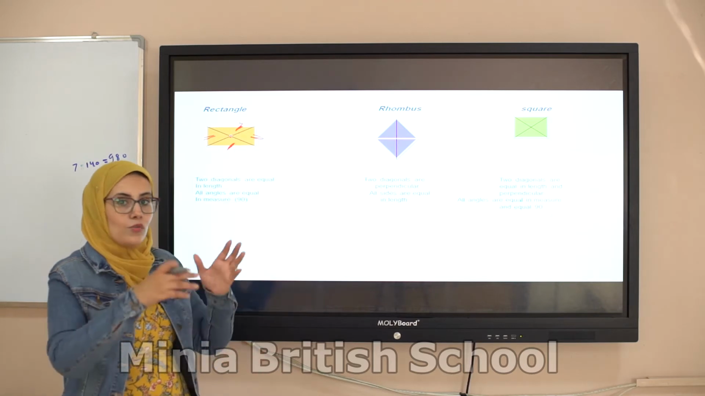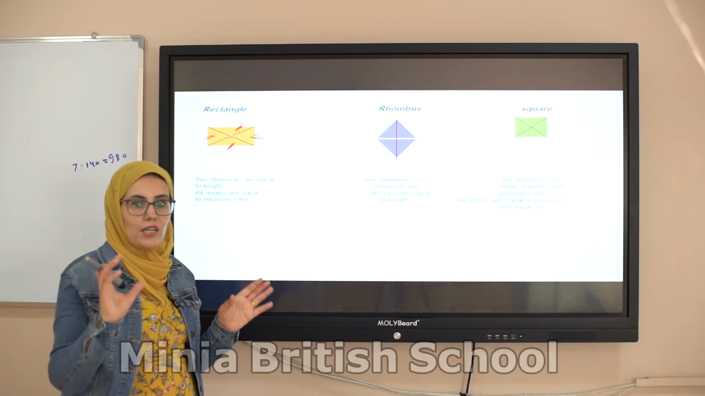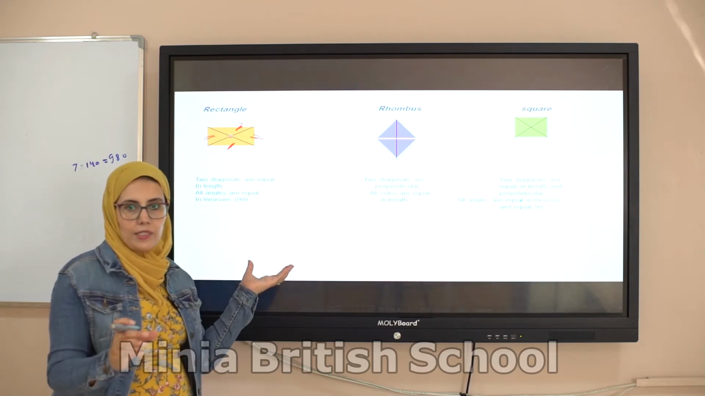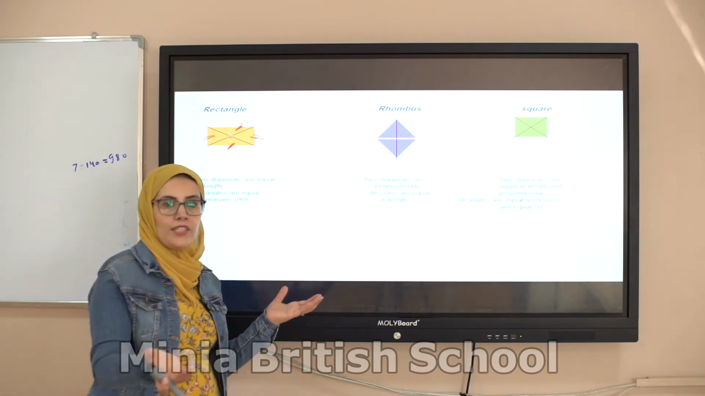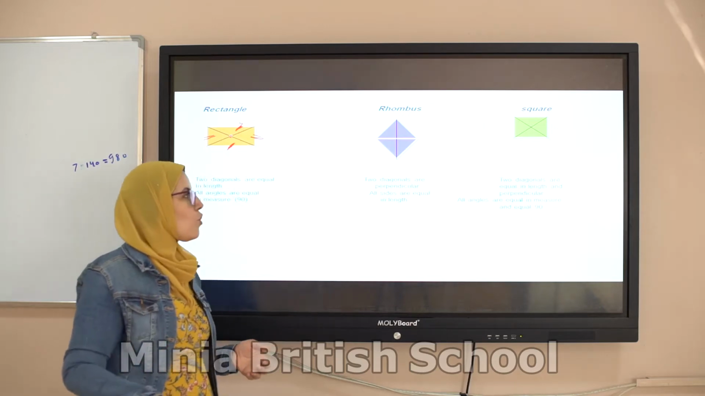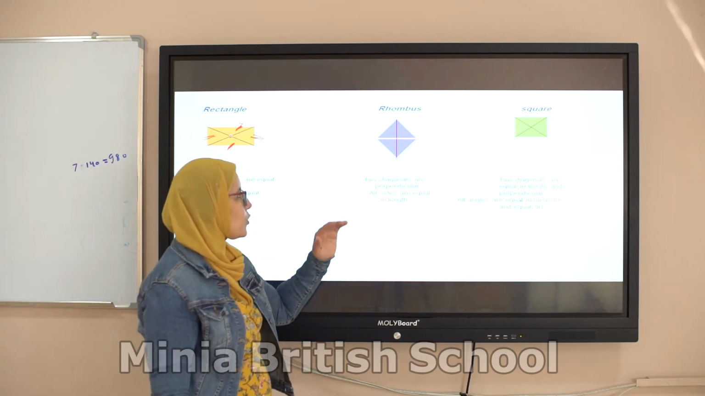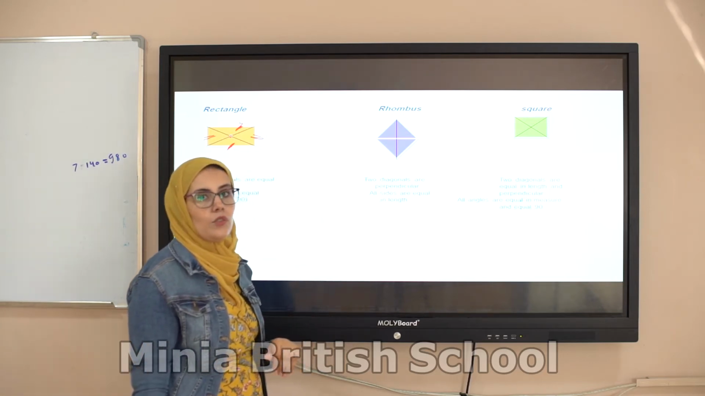I know it's a lot of information, but you have to keep it well, because in the exam he will ask you about this property: the property of the rectangle, of the square, of the rhombus, of the trapezium, of the parallelogram. So the second shape here, or the second polygon, is the rhombus. If you look here, you will find